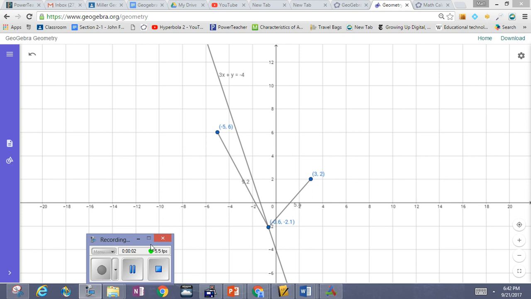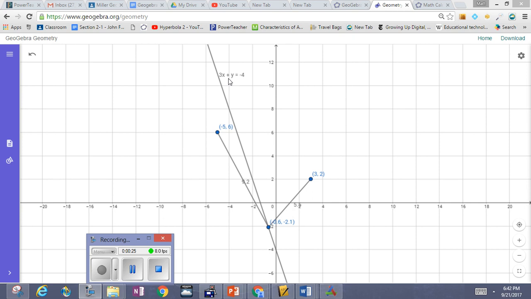Alright guys, here's one of the problems I want to go through. Illustrating it on GeoGebra, then coming back and showing you how I build it, so you can learn some GeoGebra skills. Okay. The question says there's a line, 3x plus y equals -4, or 3x plus y plus 4 equals 0,